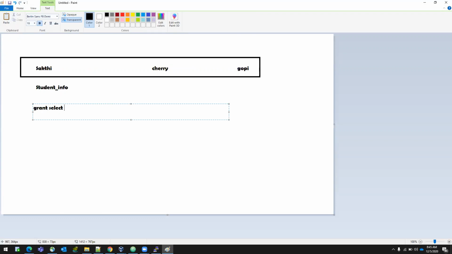Grant. What kind of permission do you want? Do you want to insert data into the table, or select the data, or update the data? Those are privileges. There are 4 sets of privileges. Cherry says, I want all the privileges. First Shakti says, okay, just take only the select privilege. You just select this. Then, select on